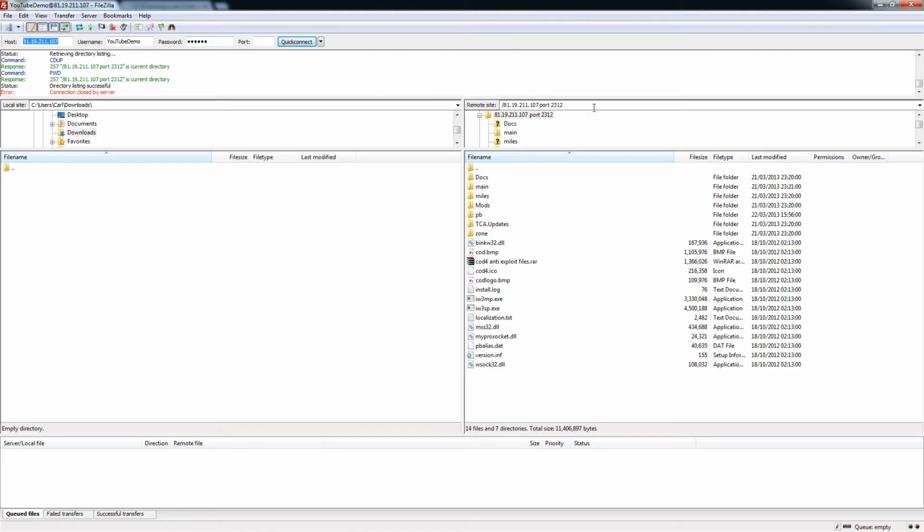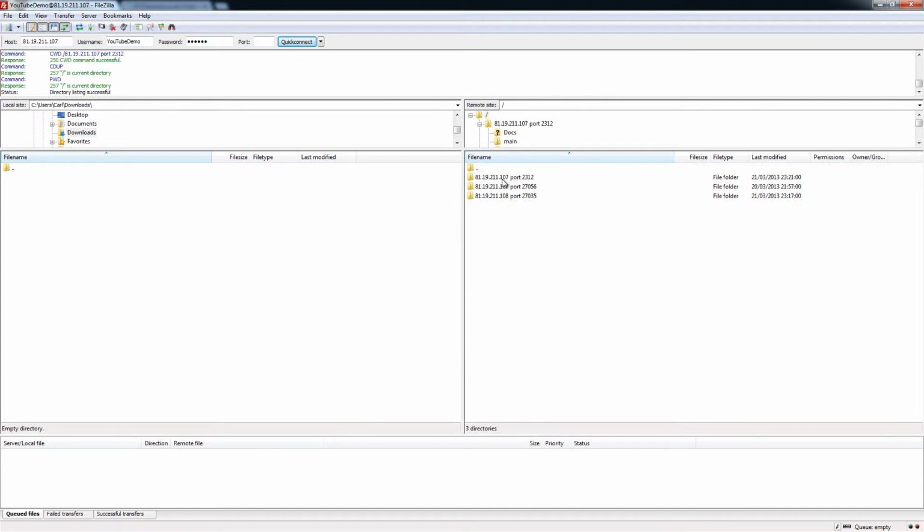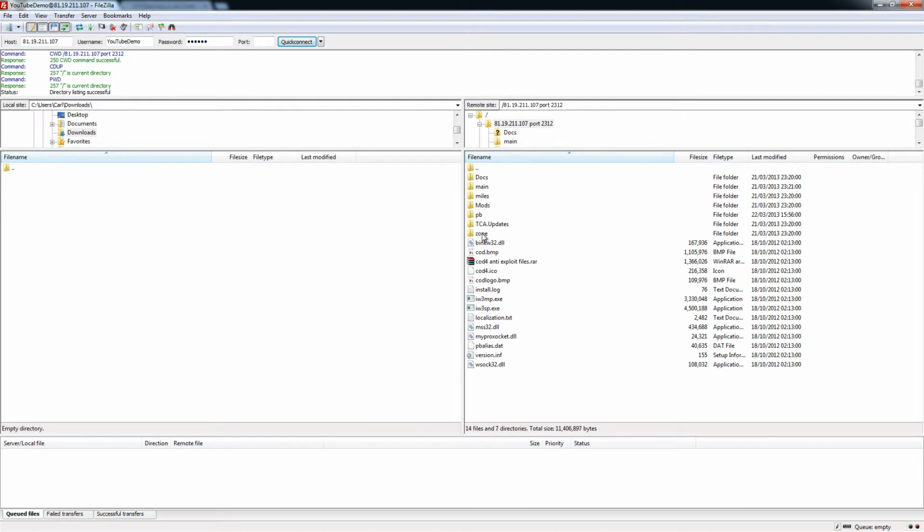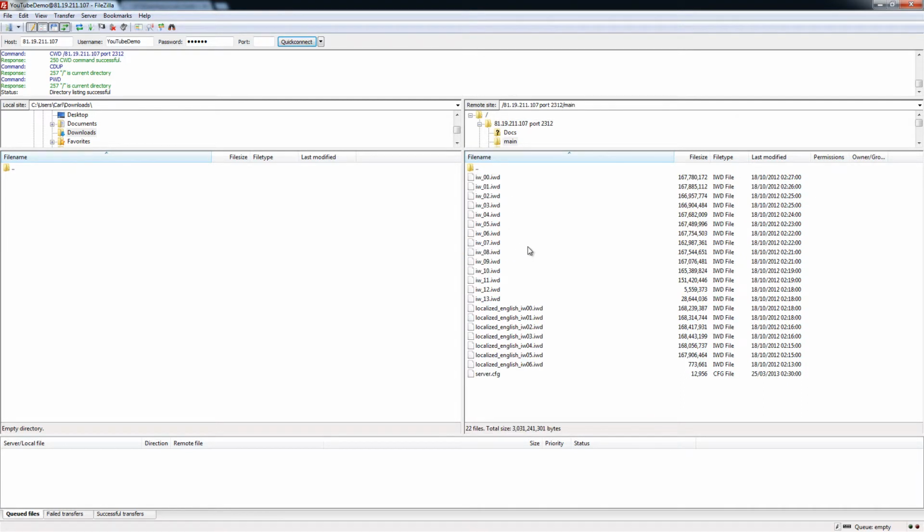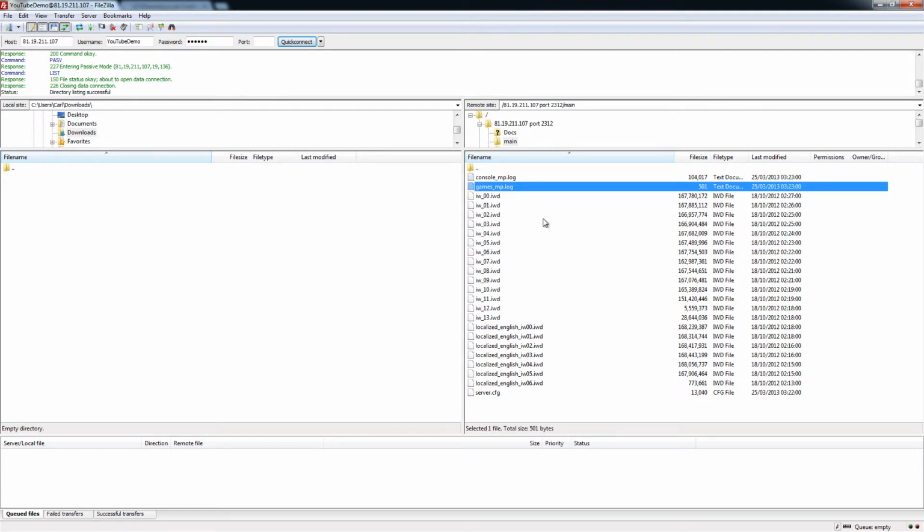So we're going to go head on over, and we're just going to show you that this is the root for the game server, and we're going to hit main, and we're just going to refresh the location here, and as you can see, here is games_mp.log. So we're going to grab this location here,